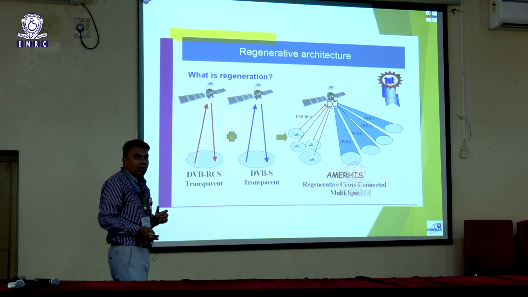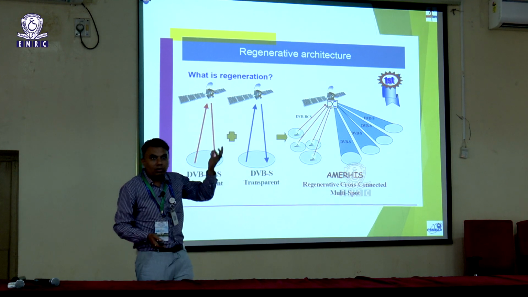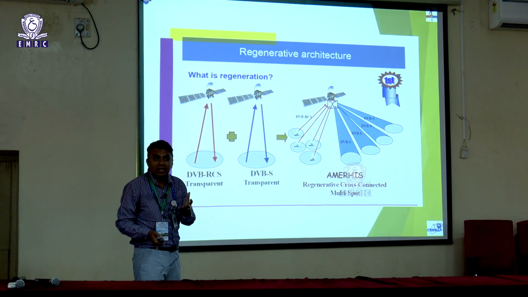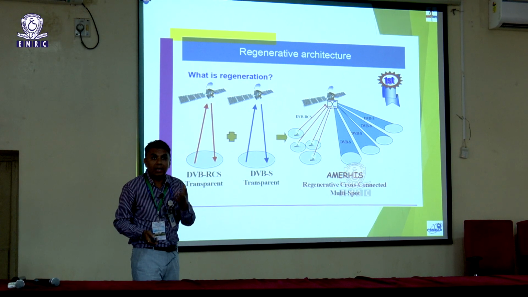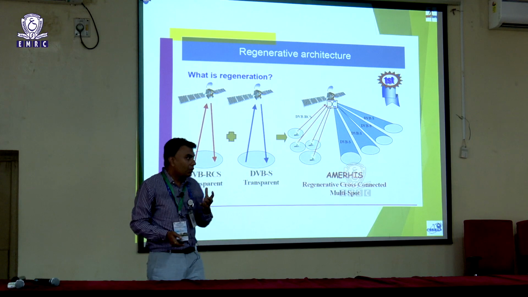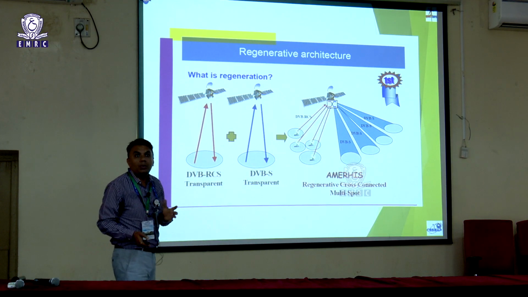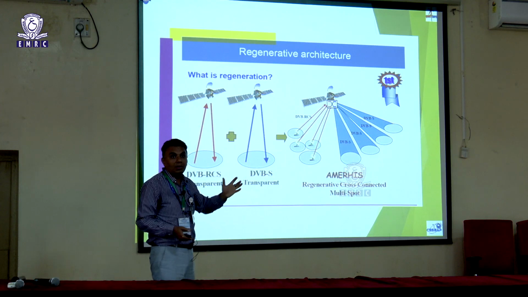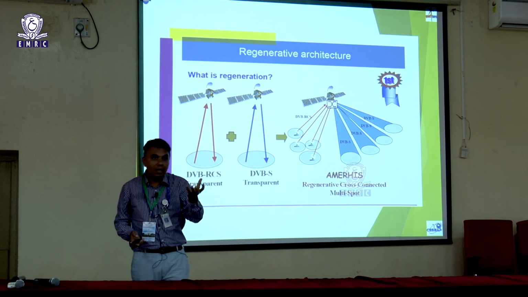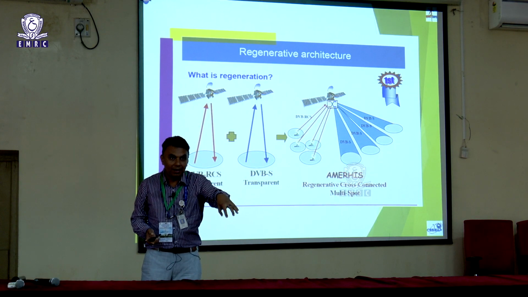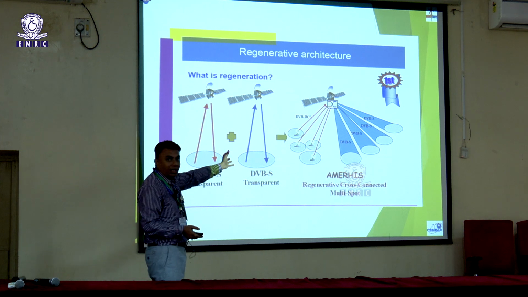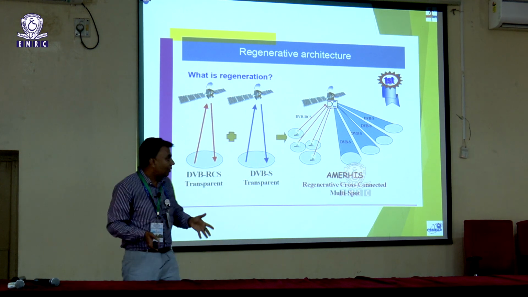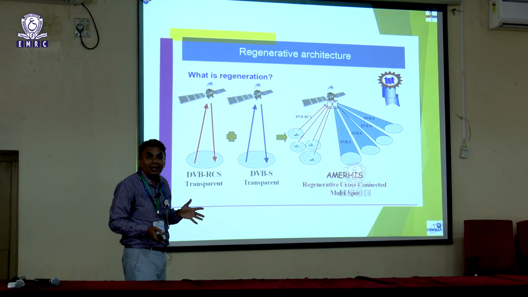But nowadays, if you want to use internet through satellite, a 2-hop delay is not desirable, because IP-based applications require zero latency, almost nil latency. So if you go with this type of architecture, it will not support internet through satellite. So what we have to do is go hubless, where the satellite intelligence is sitting, the hub is sitting inside the satellite itself, so that all the switching and routing is done on the satellite itself. There is no ground hub. That is called advanced regenerative architecture in the satellite.